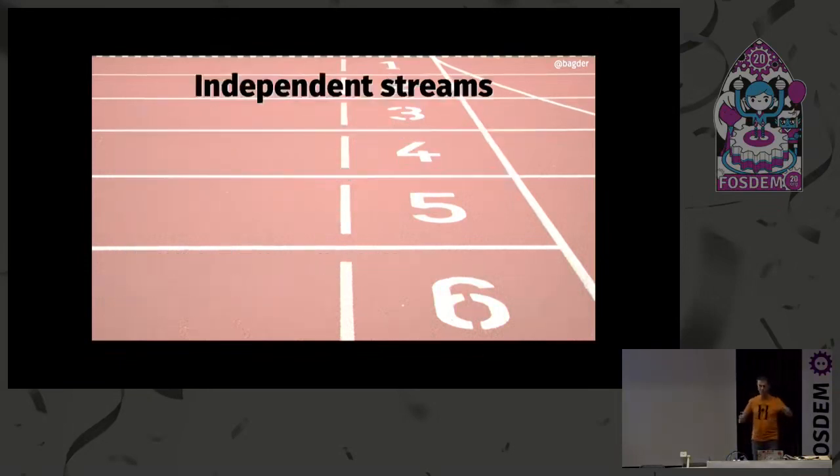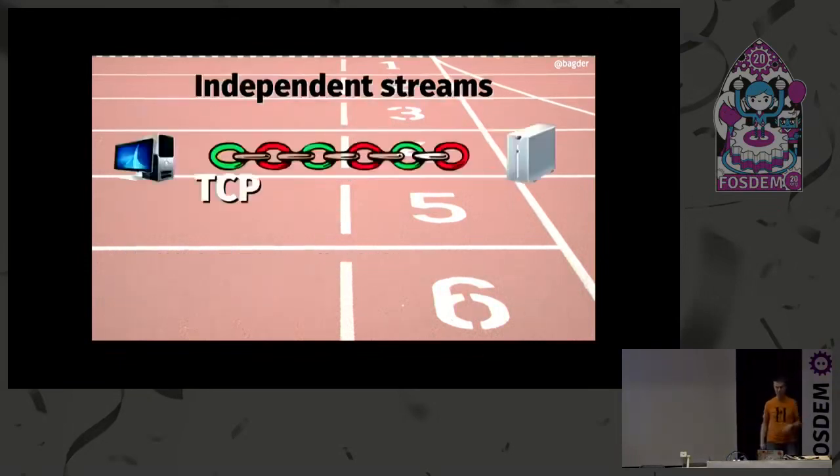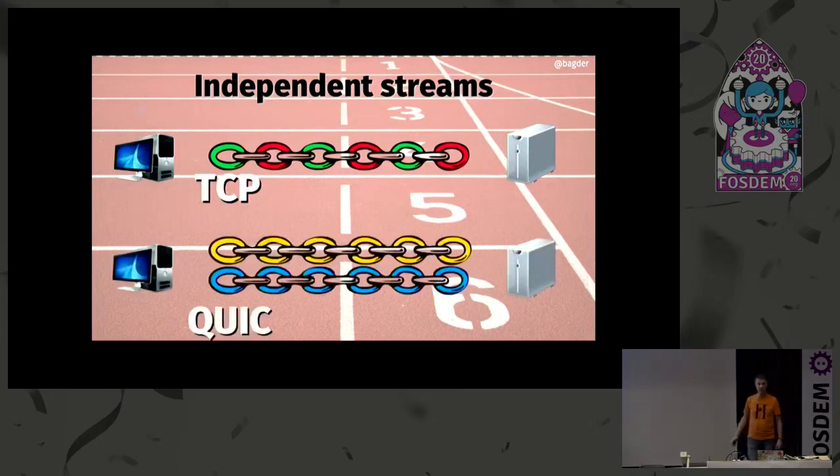So just to illustrate that with a fun image that I could draw. For TCP, I like to illustrate it like a chain with individual links. If you're sending 2 streams, the green stream and the red stream, and you lose one of the green links, the red one also has to wait, right? Because it's one single chain. If one link is gone, we have to wait until that link is repaired. But in QUIC, the streams are independent. If we lose a yellow one, the blue one can go on anyway. They're independent.